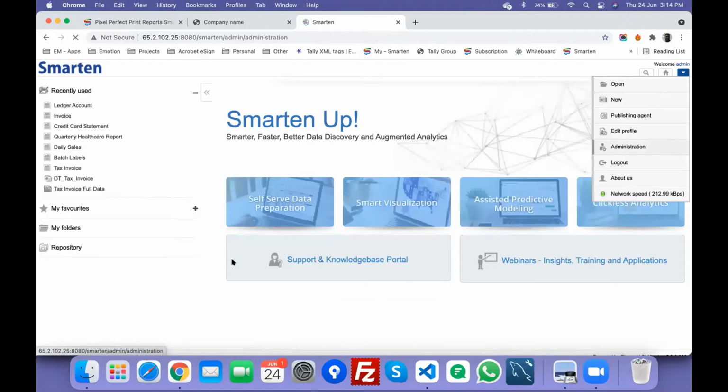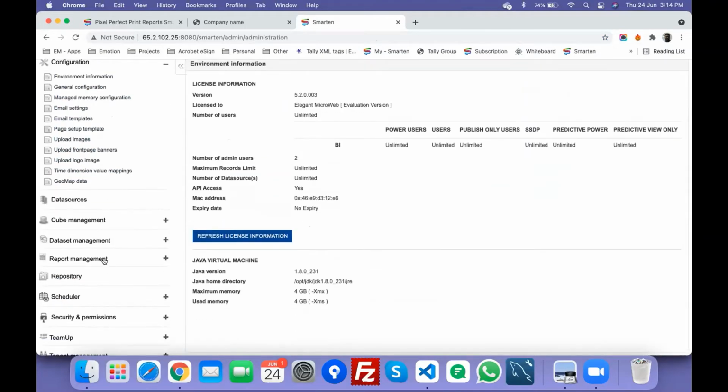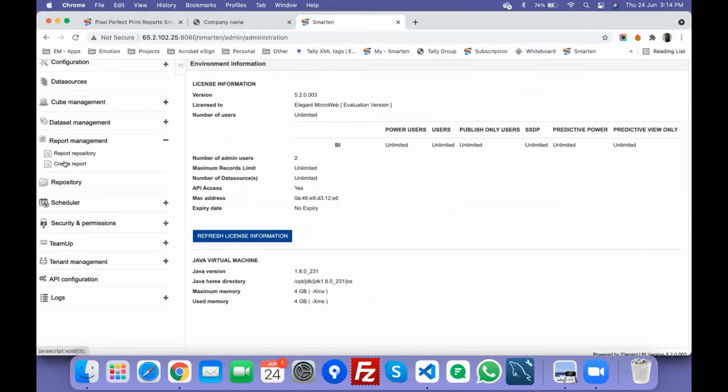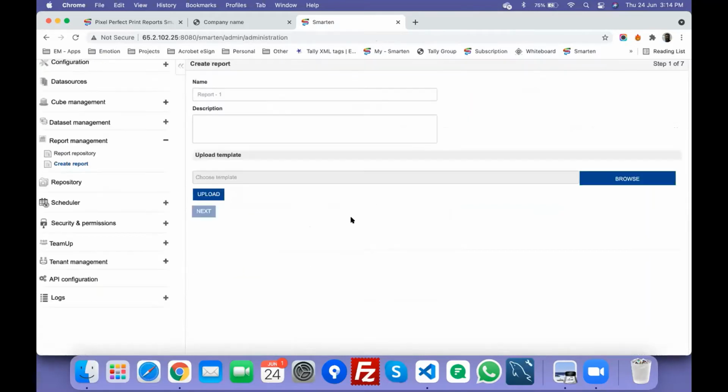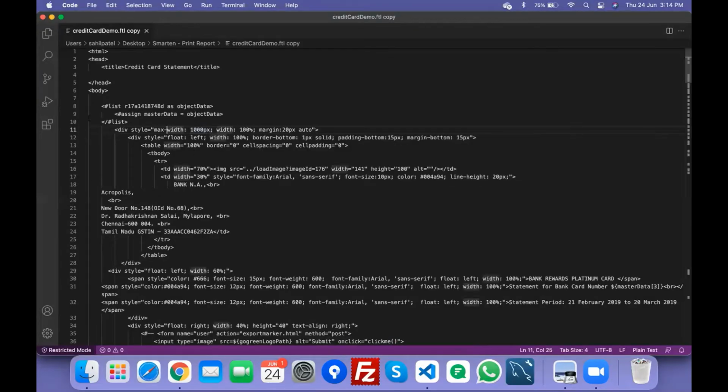Now let me show you the process of how to create this. First of all, I'll show you how the template works. It's an HTML template. So this is some sort of HTML JavaScript work that one has to do, and we have published the guidelines of how to use this FreeMarker template engine to configure the report.